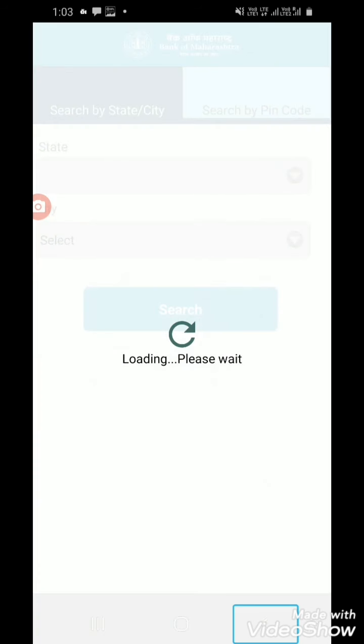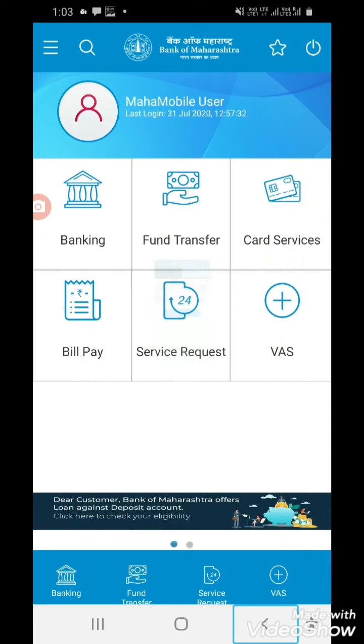Back. And one more benefit. Whenever you want to contact customer care, many people will search through Google. You know, a number of cyber cases are coming nowadays because they are displaying wrong customer care numbers.